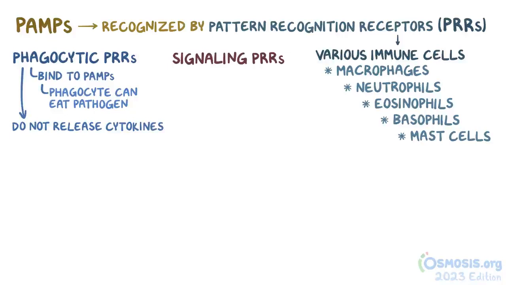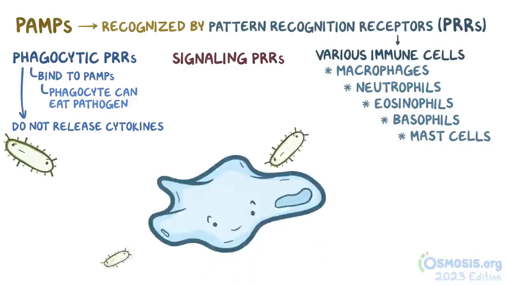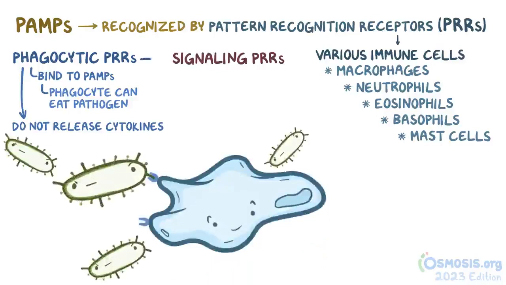And this is a super important point, because it allows the macrophage to investigate and eliminate the threat before signaling that there's an invader. This is kind of like investigating a noise before calling the cops. After all, it might just be a chicken wandering around on the roof. So if there are just a few pathogens around, then the phagocytic PRRs will get activated, and phagocytes will eliminate